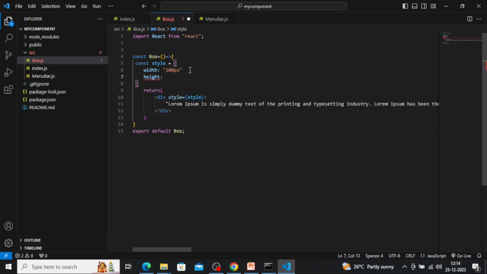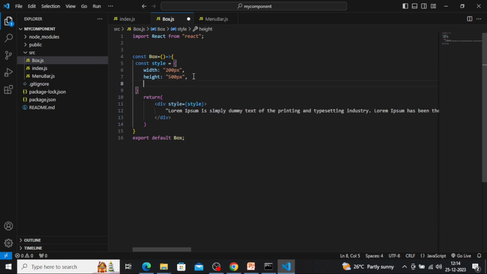Height will make something around 500 pixel. Background,